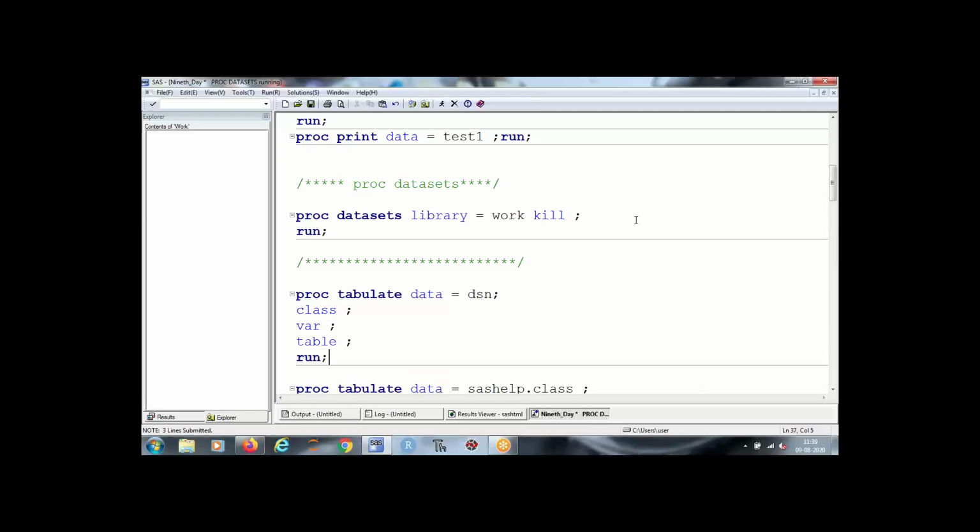Now in class we write the classification variable, on the basis of which we want to classify our data.